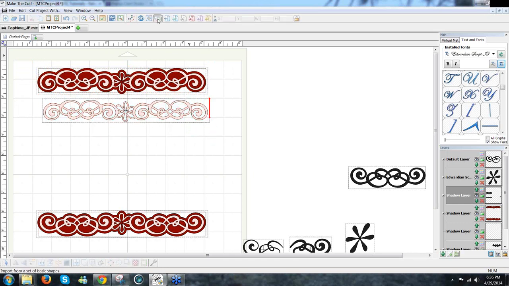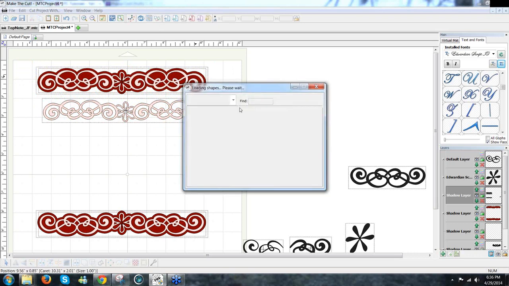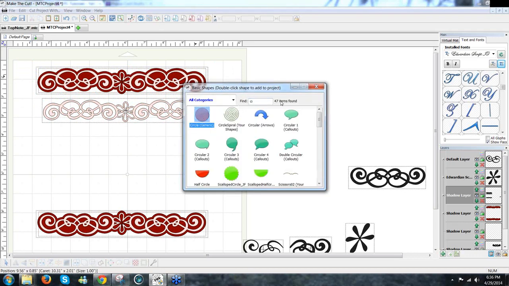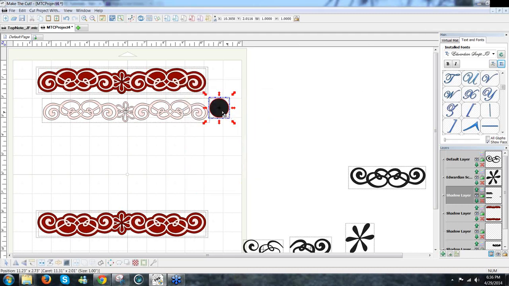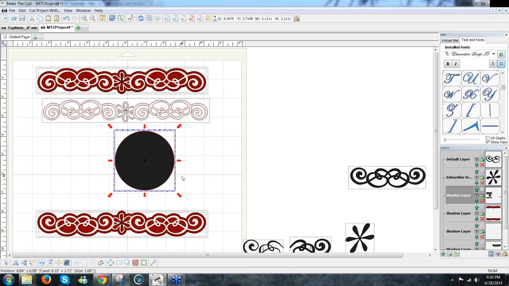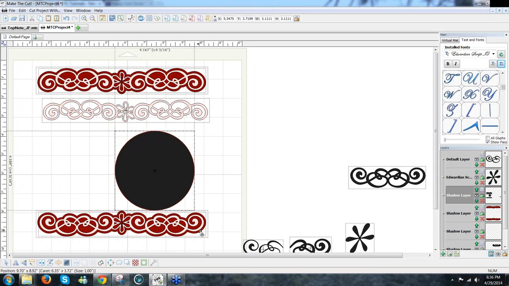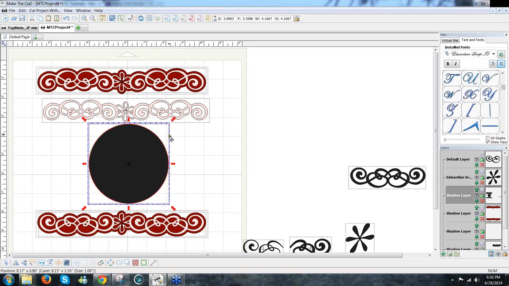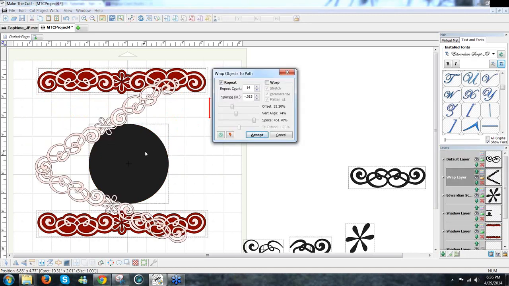Again, I'm going to just get a circle, double click, and I'm going to wrap that border around this circle. Maybe a little bigger. So I'm going to click on the border, hold the Control key, drag over the circle. How cute. I'm going to use warp